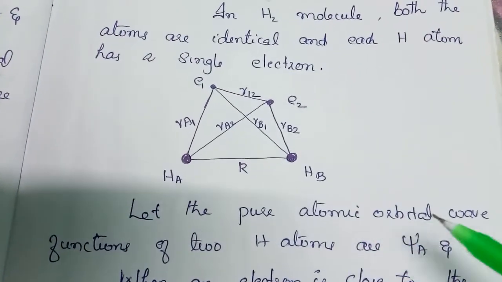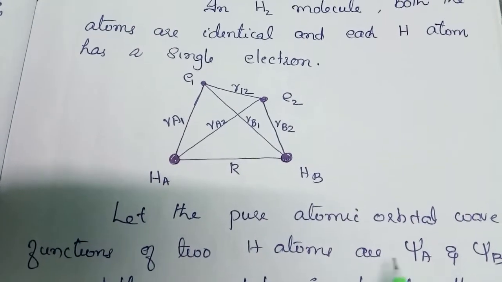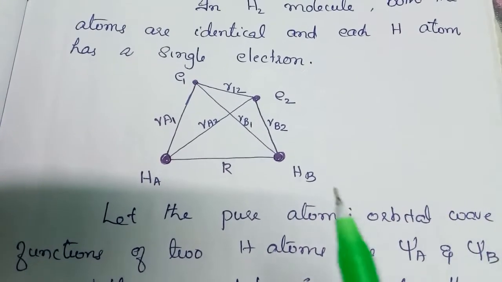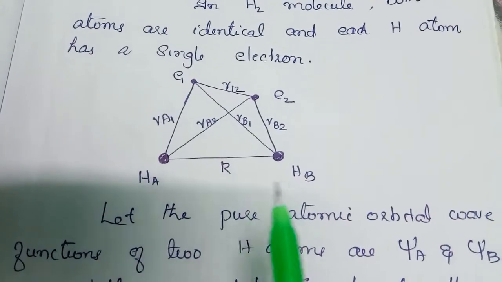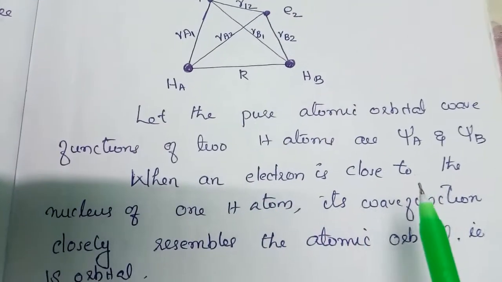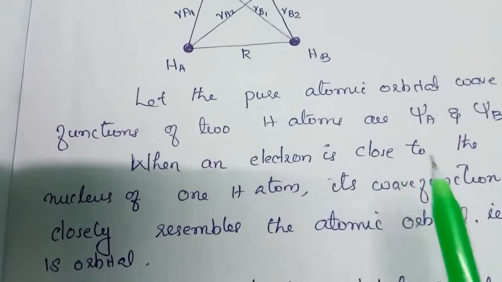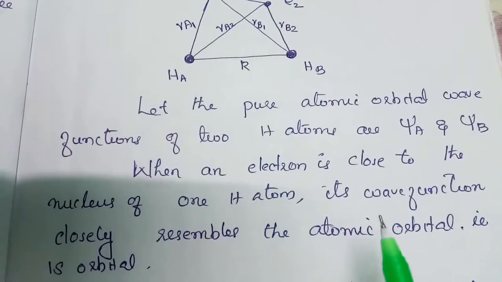Let the pure atomic orbital wave functions of the two hydrogen atoms be psi A and psi B. Hydrogen atoms, their wave functions are psi A and psi B. When an electron is close to the nucleus of one hydrogen atom, its wave function closely resembles the atomic orbital,